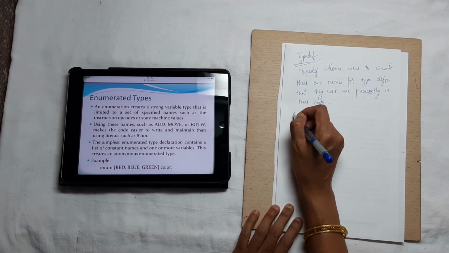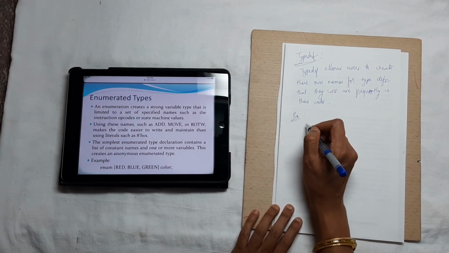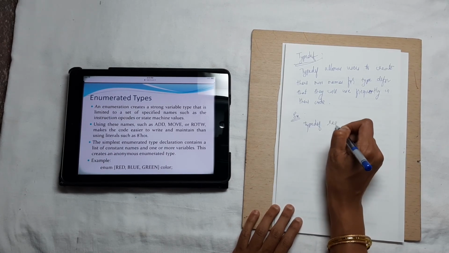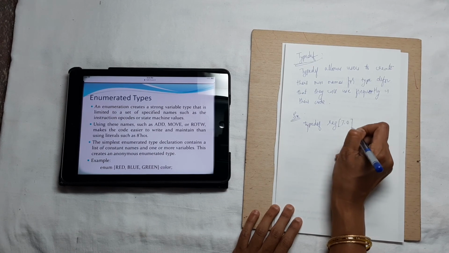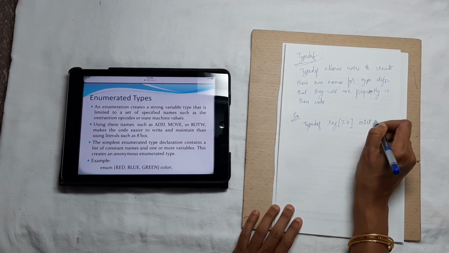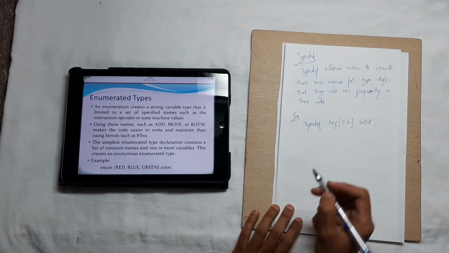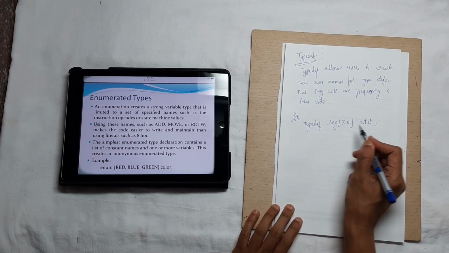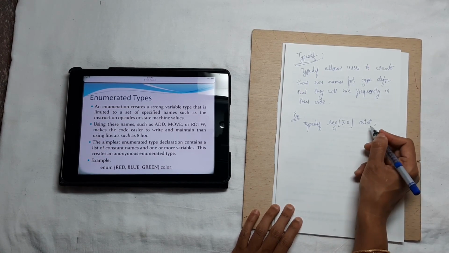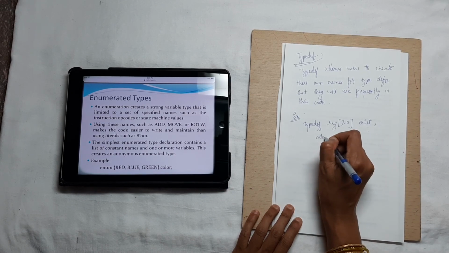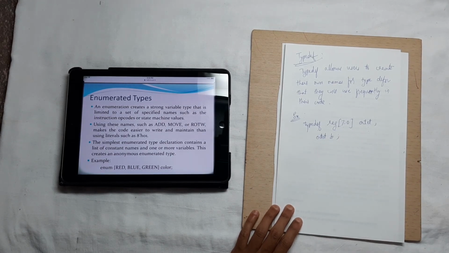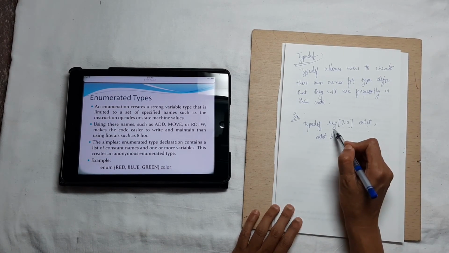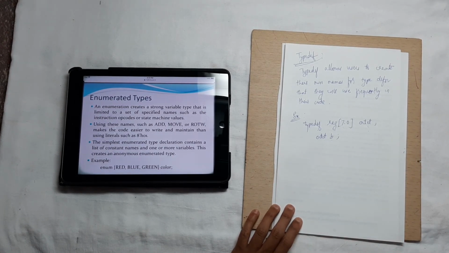For example, let us have typedef reg [7:0] octet. This is a declaration, starting with typedef reg [7:0] and octet, and next we define octet B. That means B is an octet, and it takes the value of reg [7:0].